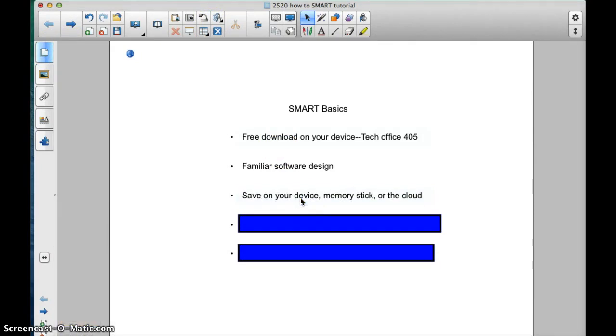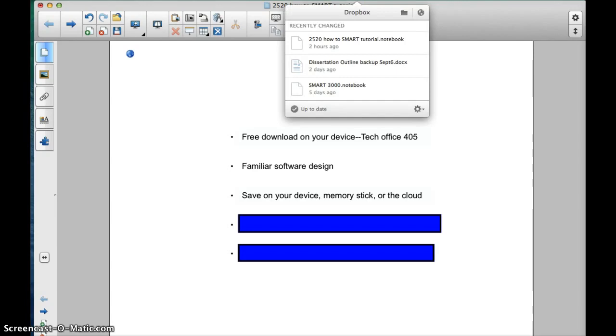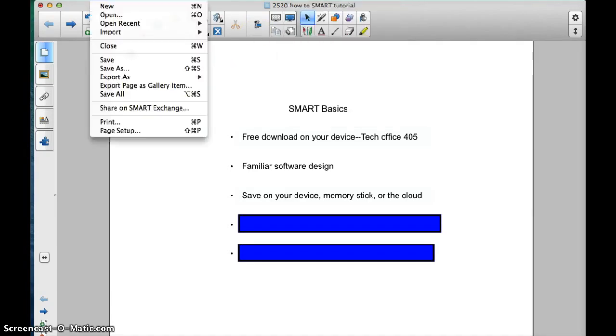So, after you've created your Smart presentation, one thing you need to be aware of is you will need to be able to present that to an audience. Whether or not you take your laptop with you to class, you can present from your device. That is fine, but I would also recommend having a backup. One thing that I do is I save my presentations to my Dropbox account, and essentially just file, save as, to Dropbox,